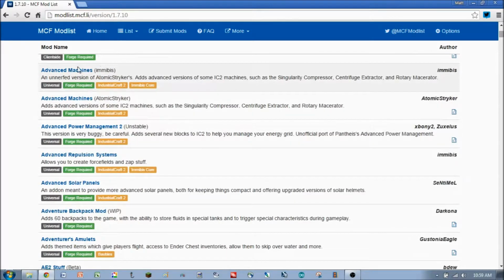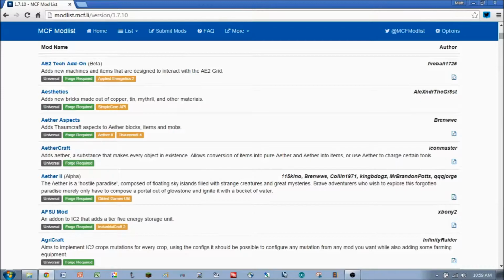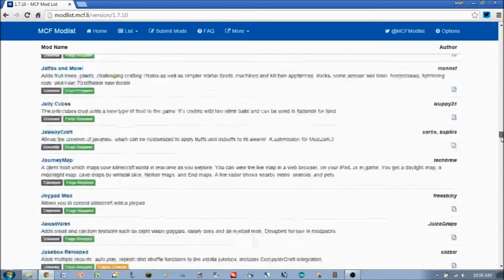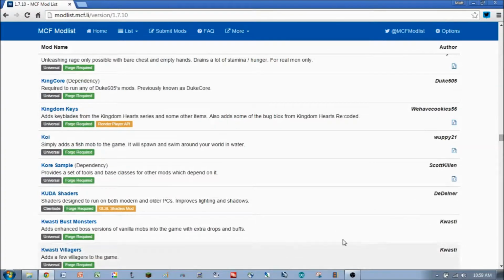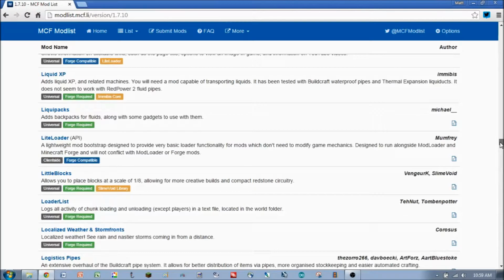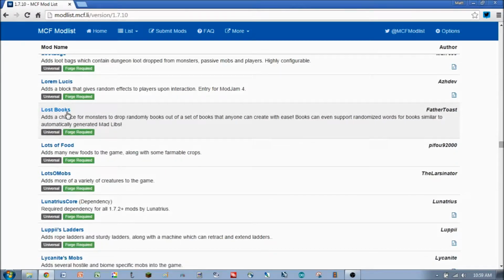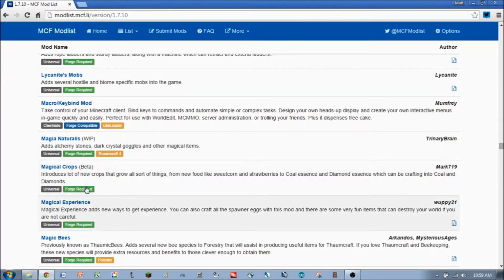So basically this lists in alphabetical order a whole bunch of mods that you can do. If you have something in mind, just do a search and say, is there a mod for that? And usually you'll find one. These all have little descriptions and also these little tags that list compatibilities or things that also need to be